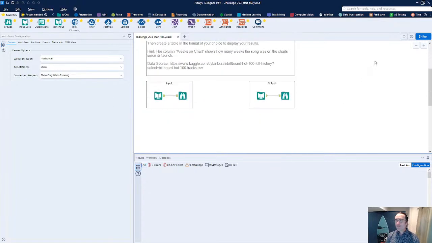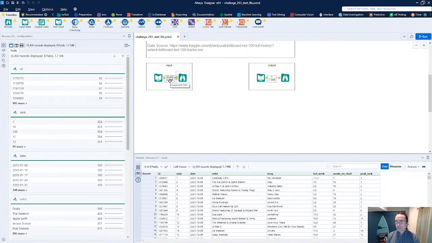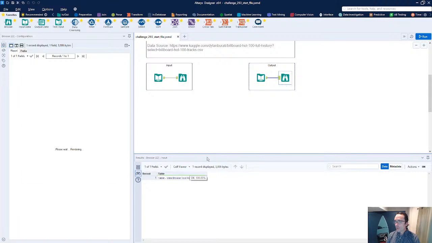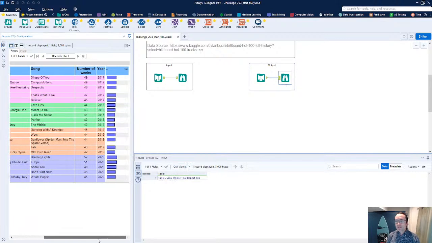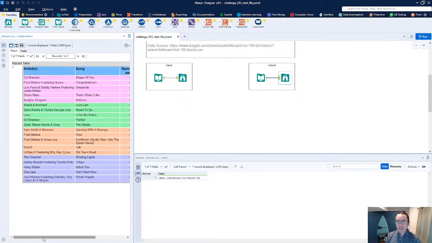Okay, so here we go. Once again, for those of you who have actually followed along in the past, you know that I will immediately go down and run my workflow so I can see that we've got 35,400 records on our input. The output is one report. Now, this did specifically state, create a report in your method. And I'm going to show you a couple of different ways to do that, just thinking off the top of my head. But I'm not going to go into a lot of detail into the reporting tools at this time, just because that's a very lengthy conversation in how you can customize different things. But what I do want to do is show you a couple of different ways to color code different things.